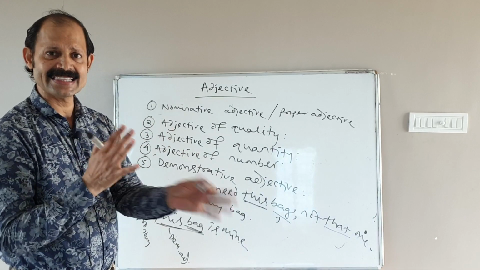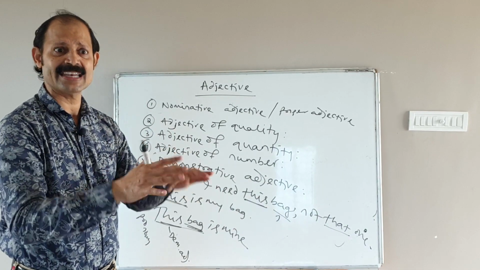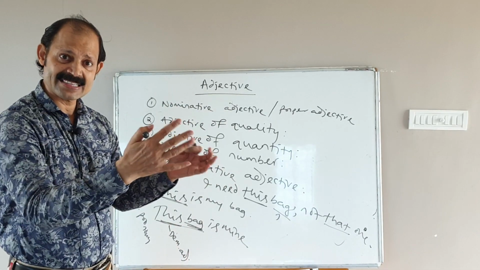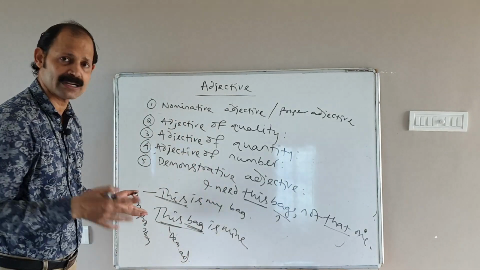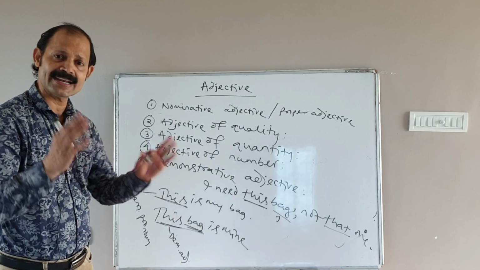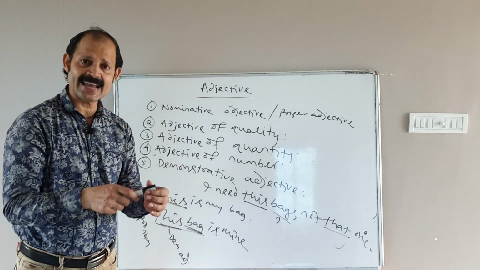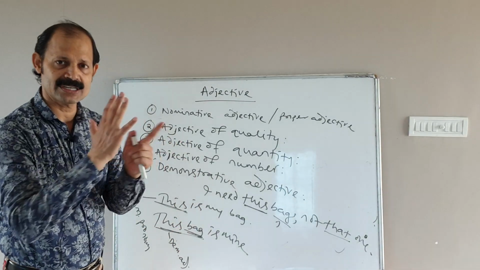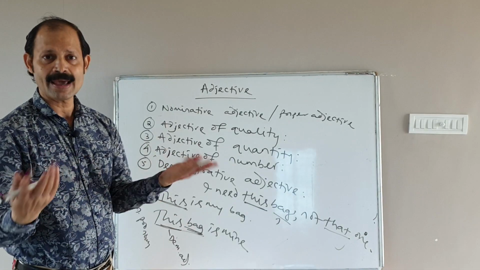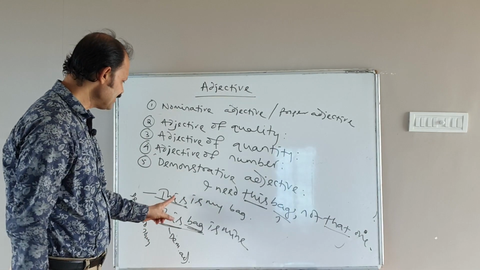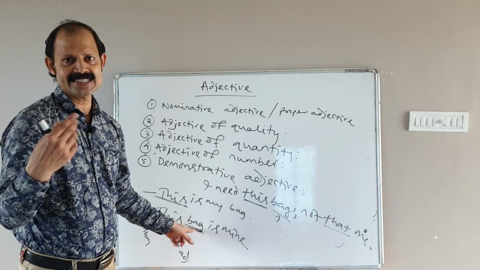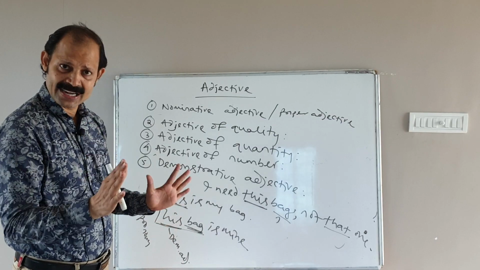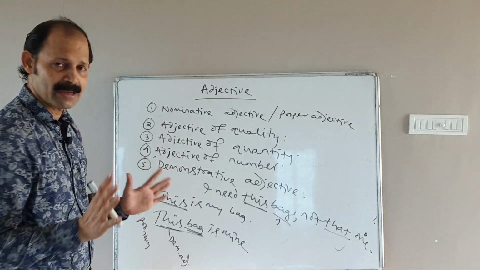That means if these, that, these, those are used in isolation, they replace some noun or noun substitute, which means they are pronouns. And because they replace the noun in a demonstrative way, they are demonstrative pronouns. And if such words occur in a noun phrase along with the noun, they describe the noun in a demonstrative way, so they are demonstrative adjectives. Things are clear? So in short, if this, that is followed by a noun, then it is a demonstrative adjective. If this, that is used in isolation, single use, then they are demonstrative pronouns.